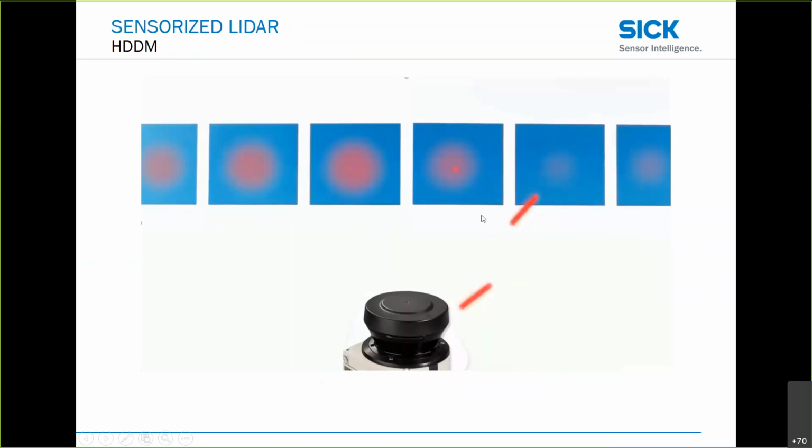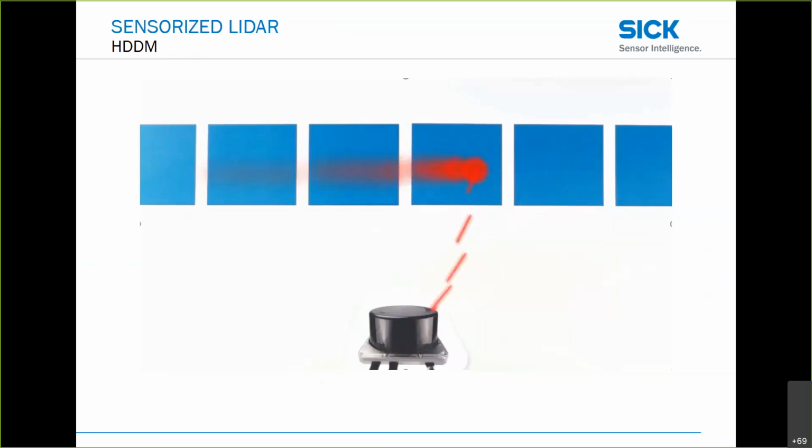So that's the way LiDAR operated for a very long time. It's still certainly a very good way to do LiDAR. A lot of our higher end products still use non-HDDM technology. The issue with it is that the components required to do this are very expensive. We're using very high power lasers, still eye safe, but a very high voltage laser to give one big impulse to bounce off that target and come back. So there's a lot of cost and weight and inefficiency that goes along with using such a high voltage laser. That led us to develop what we call HDDM, which, if we look at this,